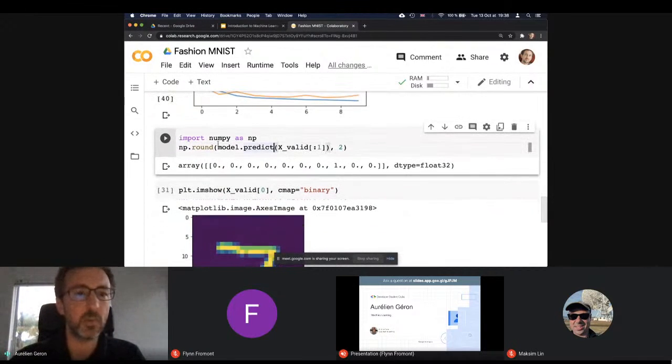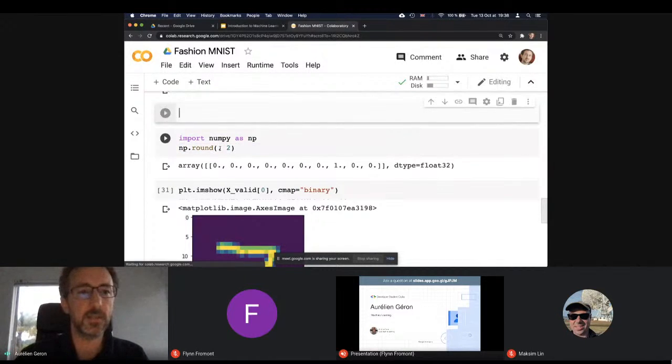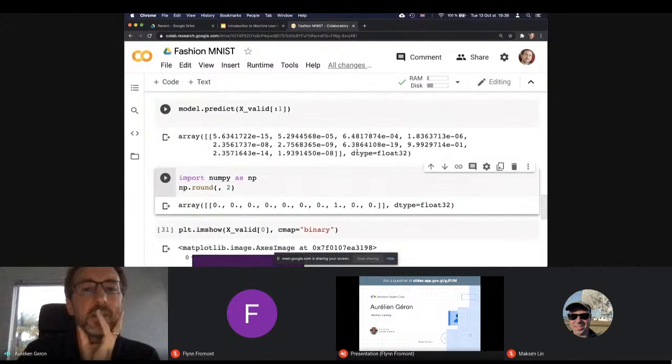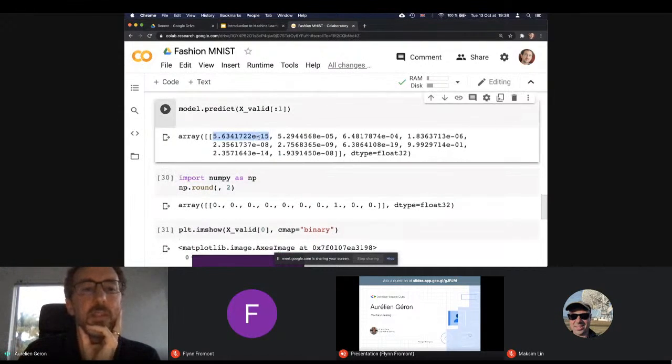So let's make a prediction now with this model, now that it's trained, called model.predict. Give it, for example, one image from the validation set, say the very first image, and I'll use numpy.round. This is just to give, actually, let me remove this. It's complex for nothing. Let's call predict on the first image, and it gives me 10 probabilities. This is the probability that the model predicts for the first class 0. This is the probability that it's a 1, and so on. This is the estimated probability.